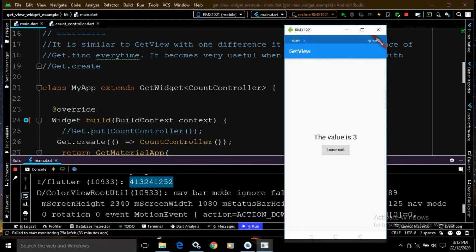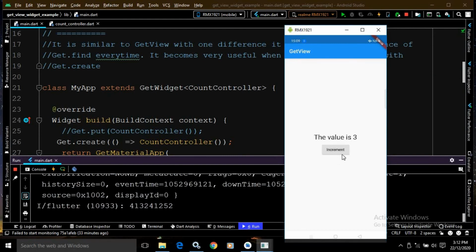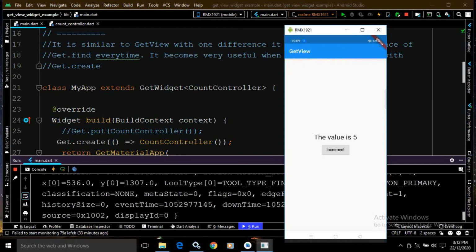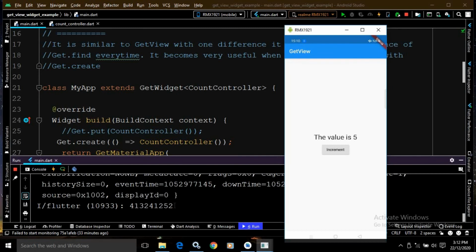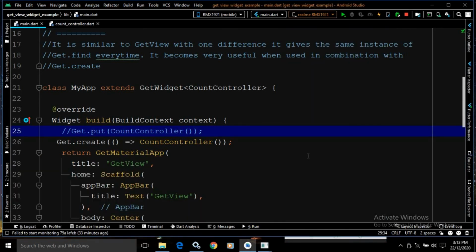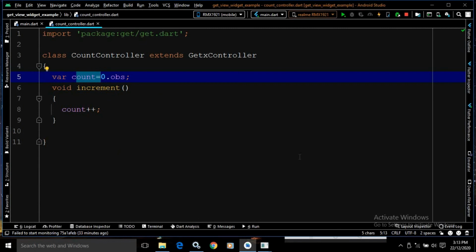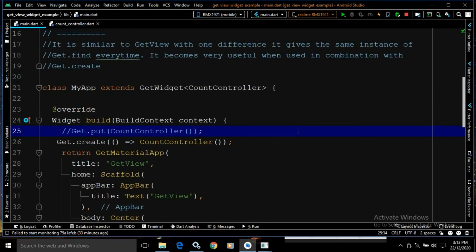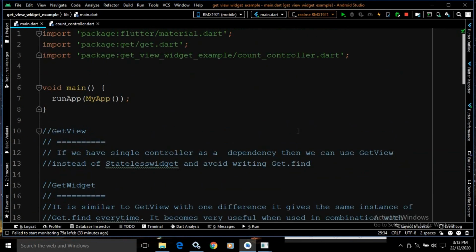You can see now the hash code will not change, and since the hash code is not changing, the value of the Text widget is updated. This is all about GetView and GetWidget, and this is the entire code of CountController, and this is the code for the MyApp widget.